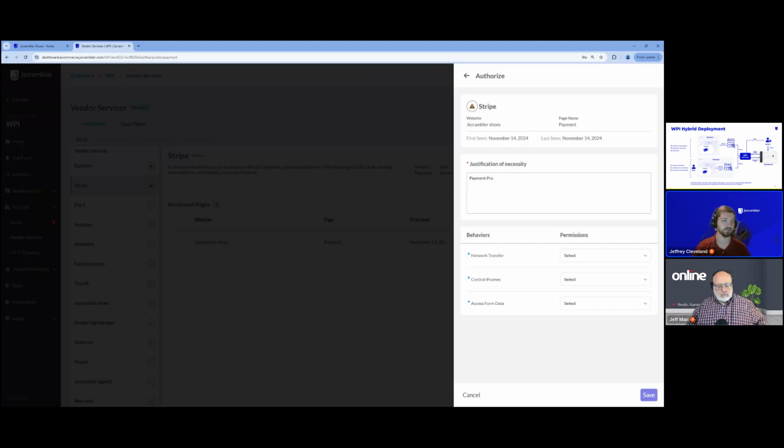Scripts inside the frame also can't reach outside of the frame directly, and so that creates one of those sandboxes that Jeff was talking about. It restricts the scope of those scripts and doesn't allow them to access data directly. So what we're seeing here is the script that Stripe is putting into, in this case, the merchant's payment page to generate that iframe. And so when we go through and authorize them, we want to make sure that they